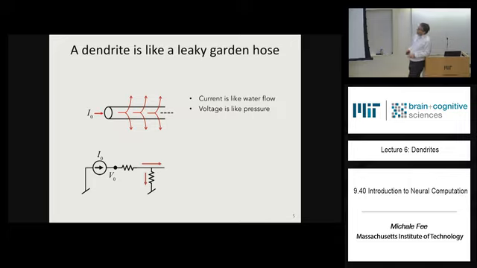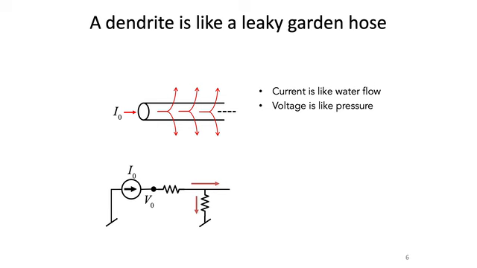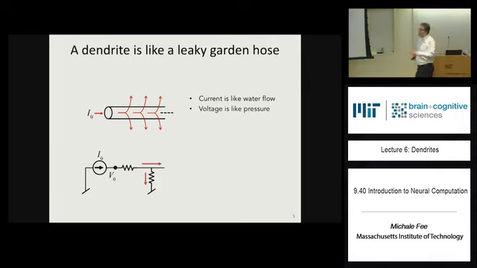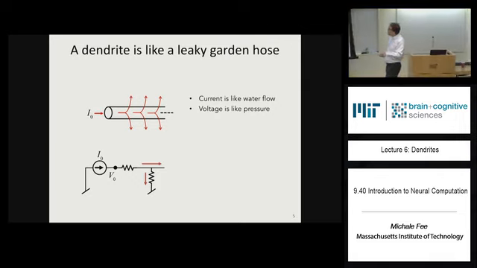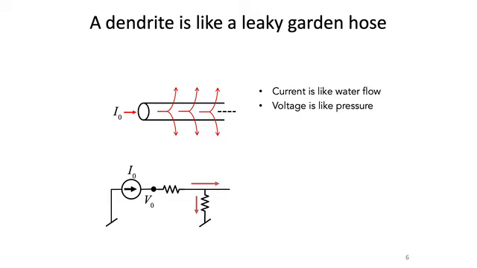And we're going to develop an electrical circuit model for a dendrite like this that's going to look kind of like a set of resistors going down the axis of the dendrite and a set of resistors that go across the membrane. And you can see that each little piece of membrane, a little piece of the dendrite, is going to look like a resistor divider, where you have a resistor along the axial direction and a resistance across